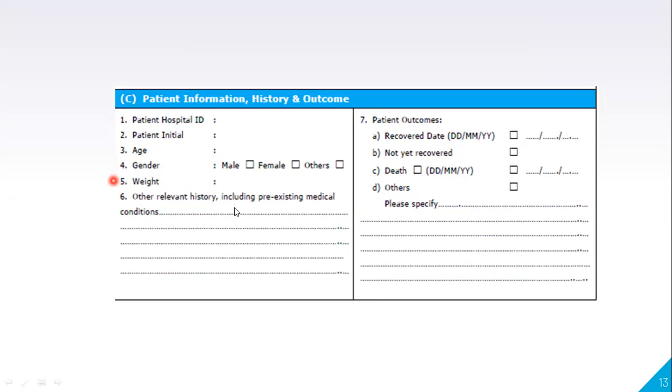So this is about the form that our government has given to all of us. We can voluntarily, not involuntarily, without influence of manufacturers or anyone, submit this duly filled application to the IPC, that is Indian Pharmacopoeia Commission. They will look into your complaint, and then they will solve the specific issue.